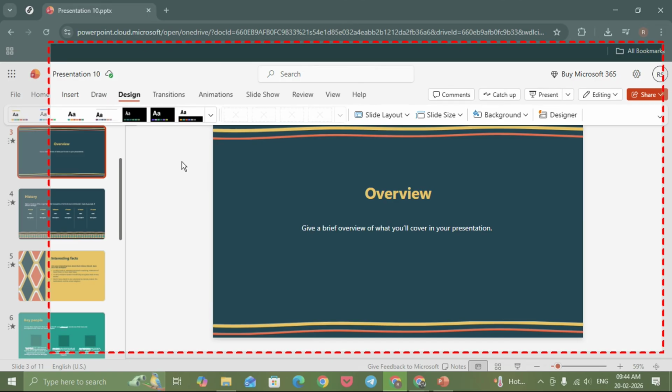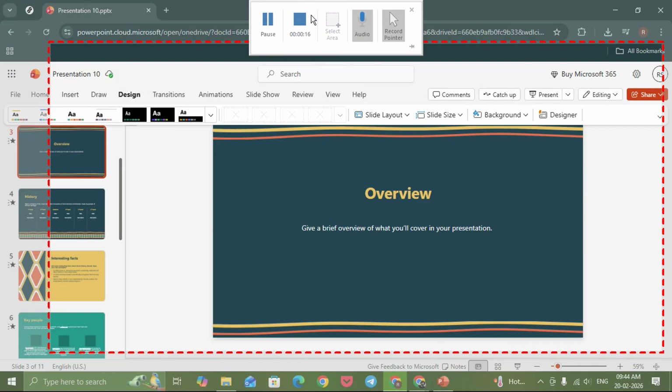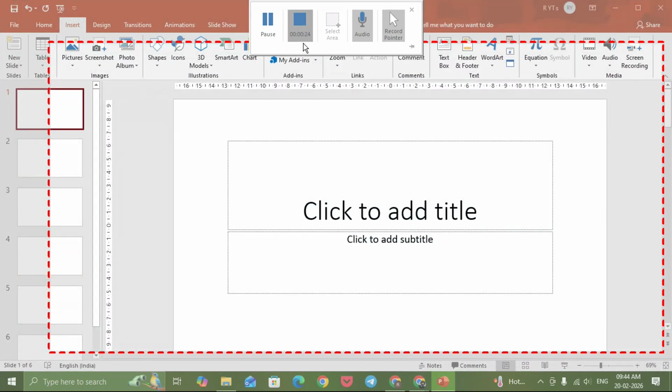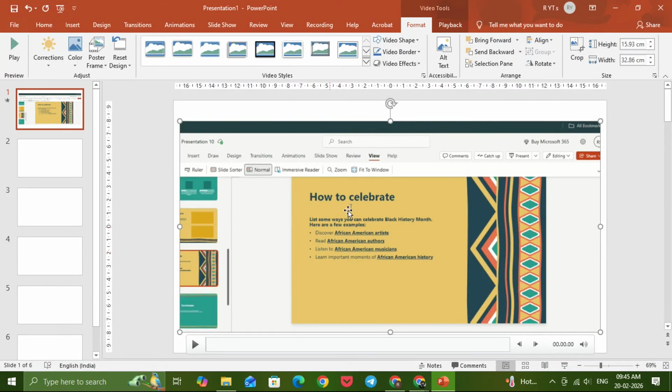If at any point you don't see the toolbar while recording, move your mouse to the top of the screen. The screen recorder toolbar will reappear. This is helpful when you're ready to stop the recording. Once you're finished recording, move your mouse to the top to bring the toolbar back if it's hidden, and then click the Stop button. Immediately after you click Stop, PowerPoint will automatically insert the recorded video directly into your current